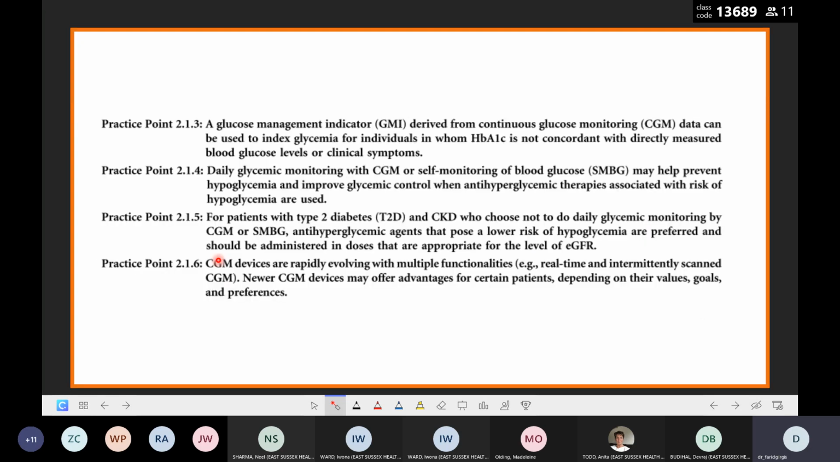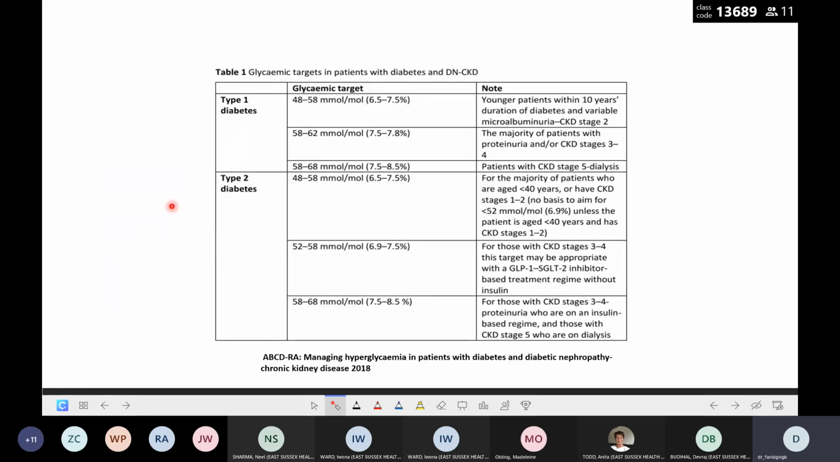Last point I will mention here about the glycemic control, this is from the ABCD Renal Association guidelines, that our targets for patients with diabetes and chronic kidney disease may be higher than our target for the normal population, especially with advanced chronic kidney disease stages 4 and 5. So our target may be 58 to 68. Of course,